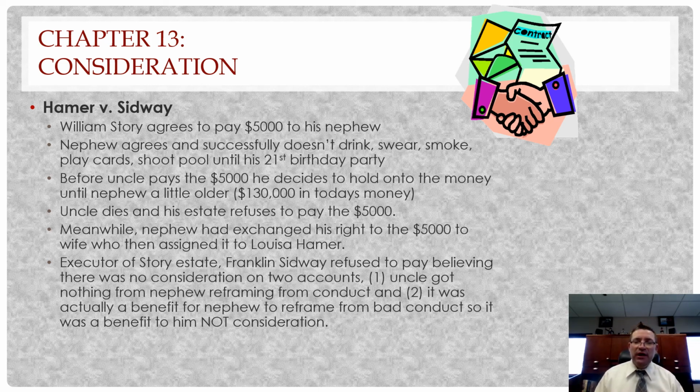So he went to his nephew and said, look, I'll pay you $5,000 if you stop doing all those things. Remember, the nephew had a legal right to do all those things. Back then, a lot more fun times apparently, you were able to do all those things legally at the age he was at. And so the nephew says, okay, if you pay me $5,000, I will refrain from doing all those things until I turn 21 years of age. And he did. He stopped doing all those things, became a pretty good citizen, started working for the business. Uncle was pretty proud of him, more than happy to pay out the $5,000.